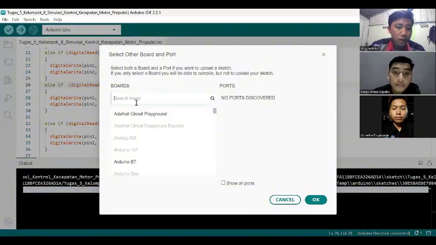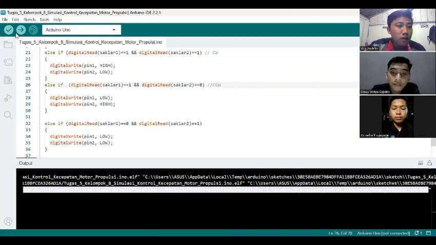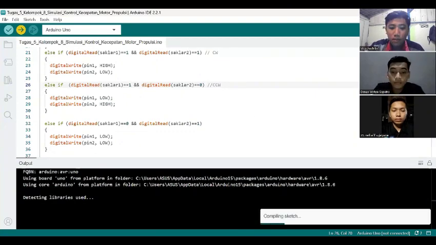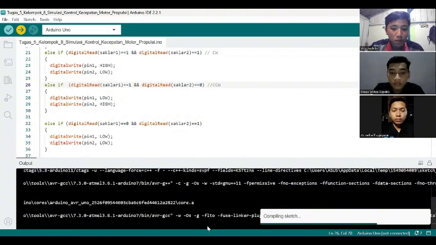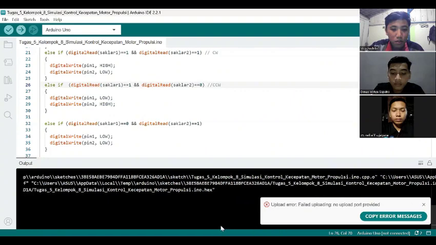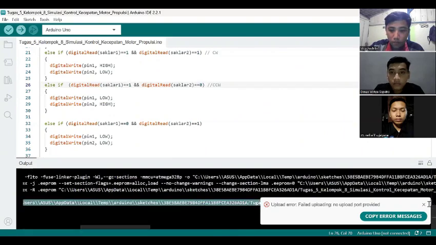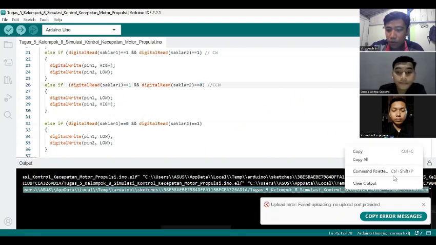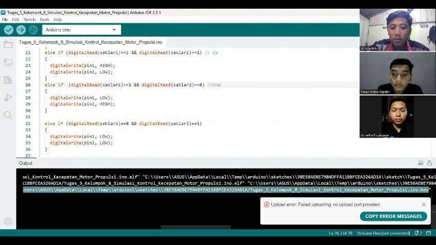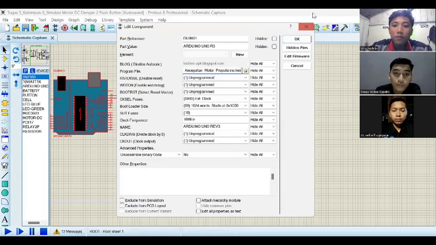Then compile the program, upload, and copy the hex file path in Proteus, and paste it in the Proteus and run the simulation.